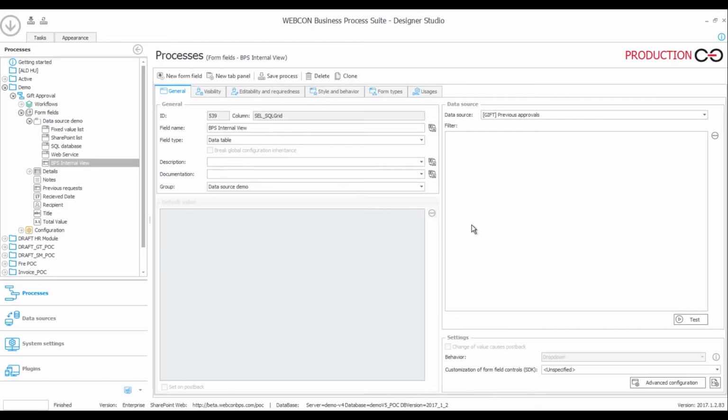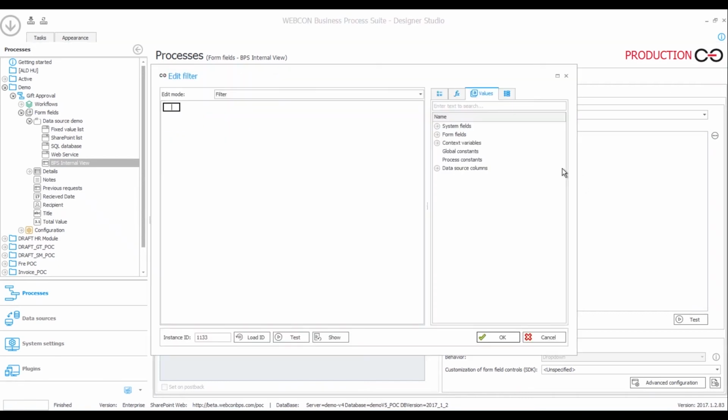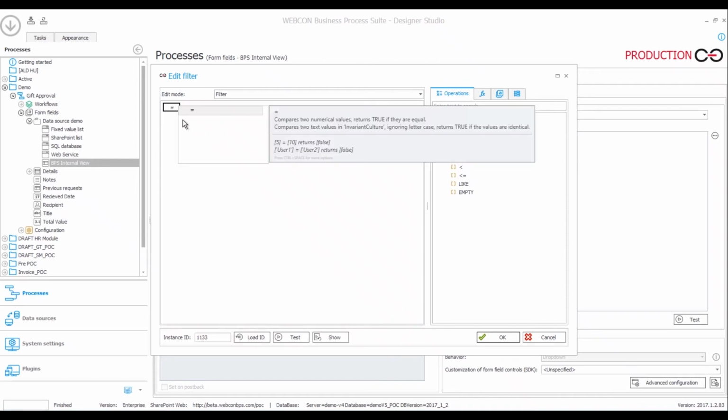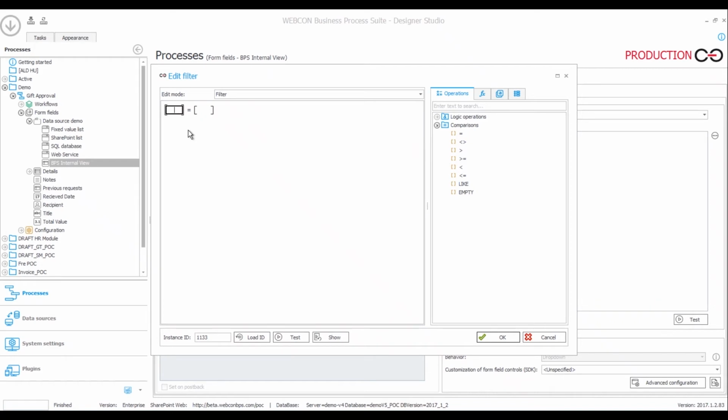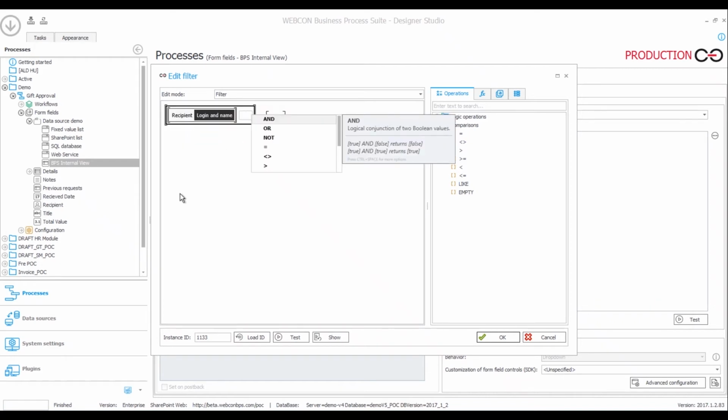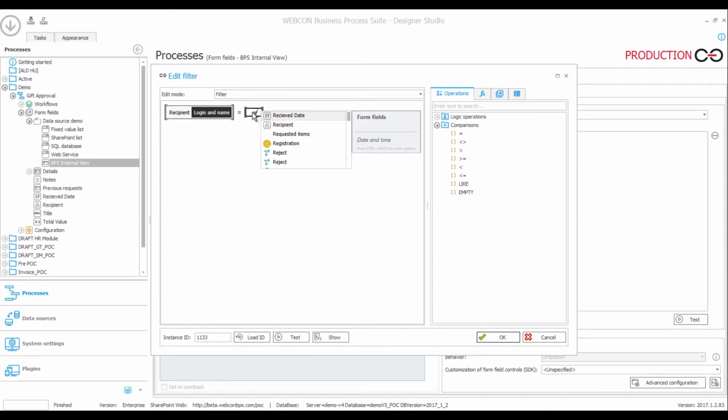Okay, we're back in Designer Studio in the configuration for the data table form field. On your right hand side, you will have this filter field. Click on it to open up the editor. To edit your filter, you can either drag the elements from the right hand side, or you can just type directly into the work area. So in our case, we want to make a comparison, and we want to compare the recipient form field to the recipient